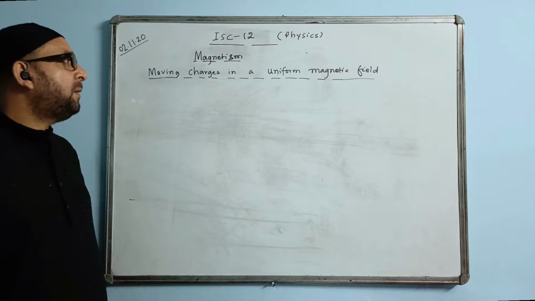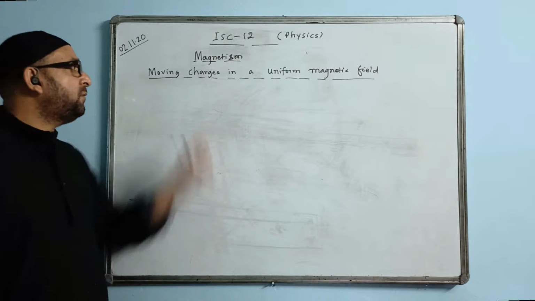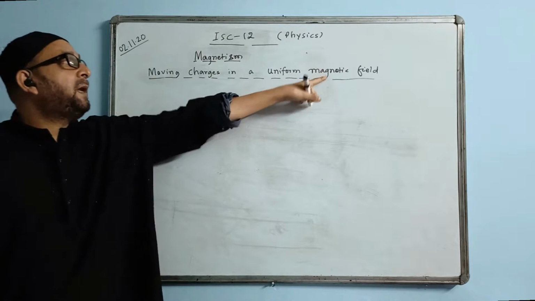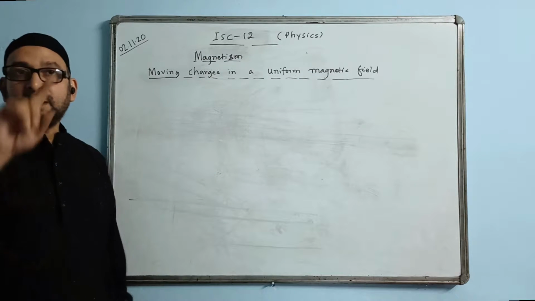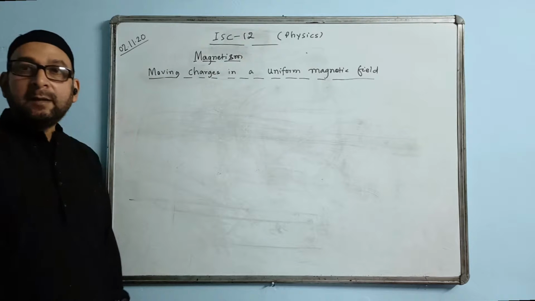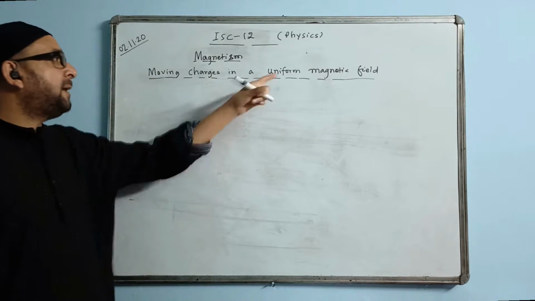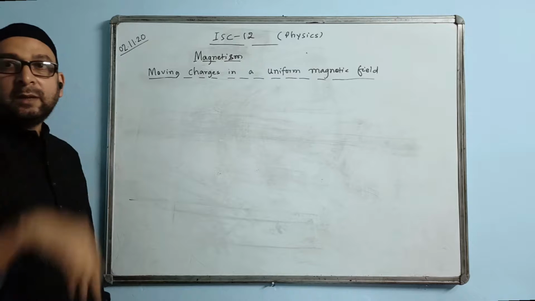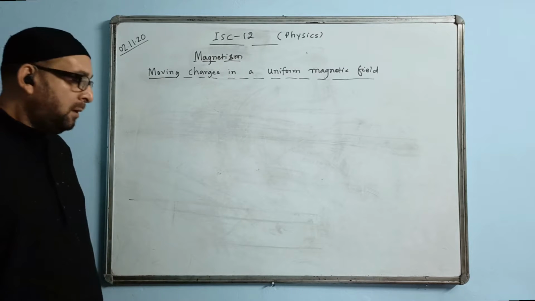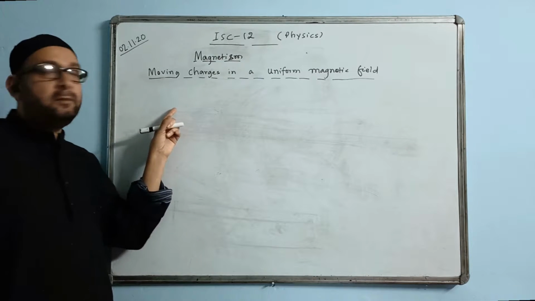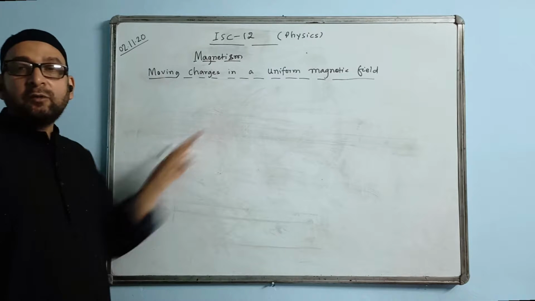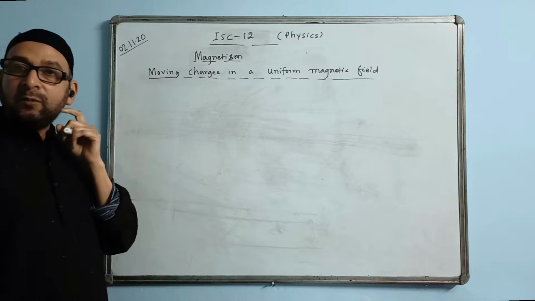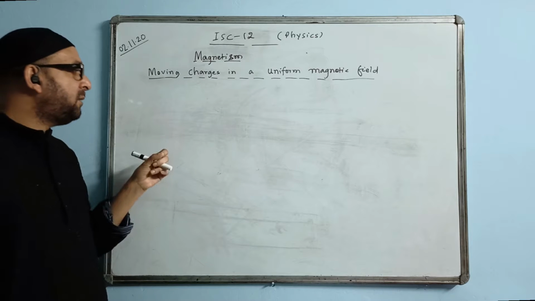So you only have to know the fact that a moving charged particle in a uniform electric field, instead of a magnetic field, follows a parabolic path. But in a magnetic field, the path becomes circular. It acquires a circular path. And last time I derived the formula for the radius of the circular path. R is equal to mv by qB. You can see that derivation from last time.